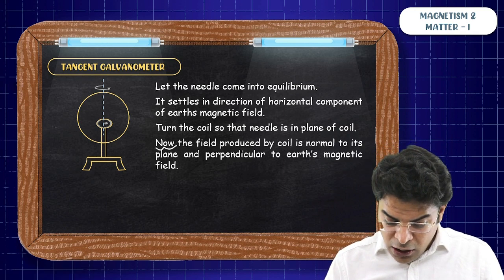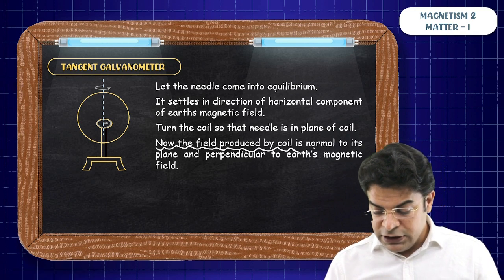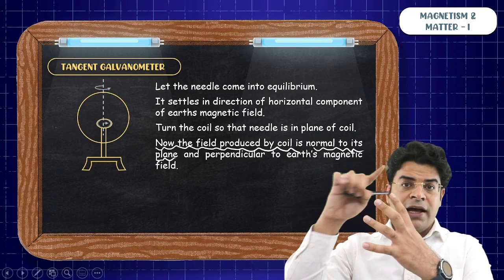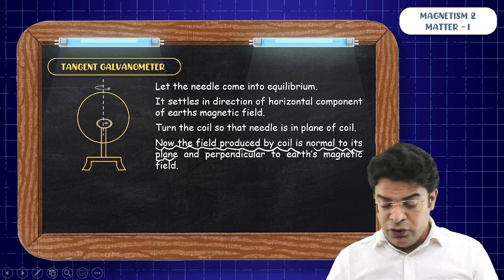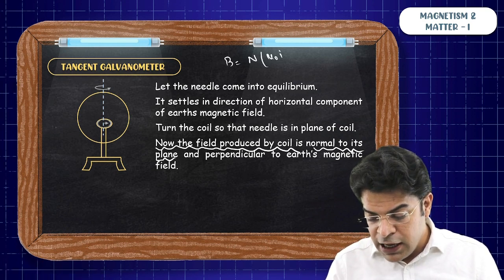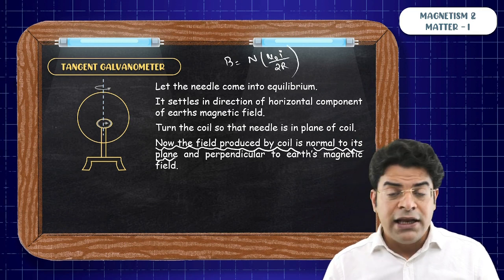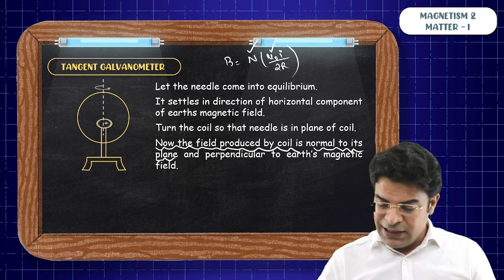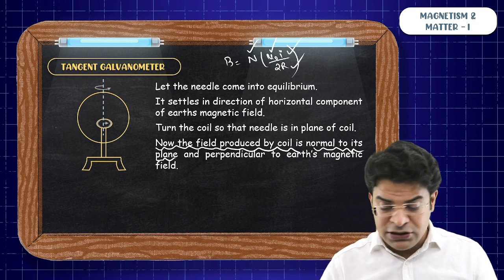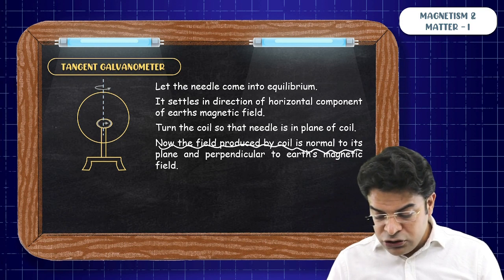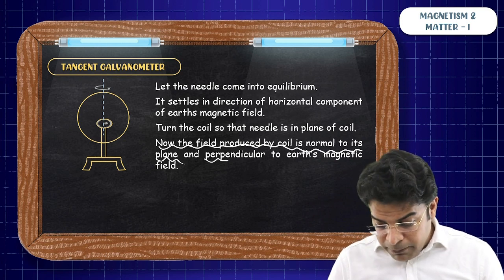Because now the field produced by the coil is normal to its plane. The field produced by a current carrying coil is normal to its plane, and we know that this field strength will be nothing but N times mu naught I by 2R, where N is the number of turns in the coil, mu naught is the permeability of free space, I is the current flowing through it, and R is the radius of the coil. So now the field produced by the coil is normal to its plane and perpendicular to the